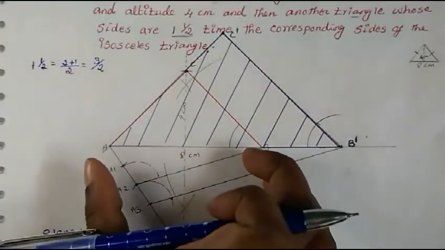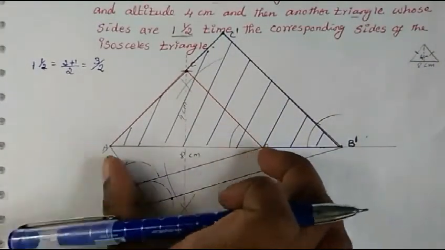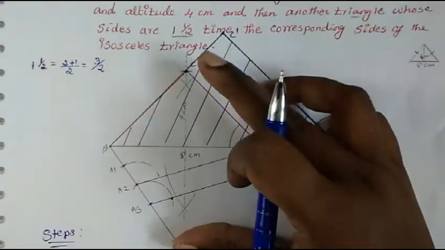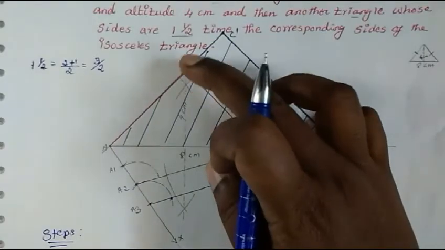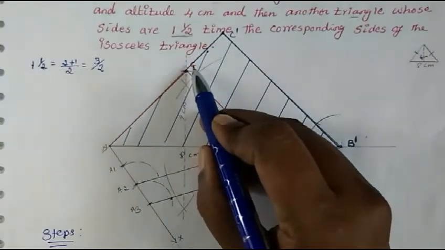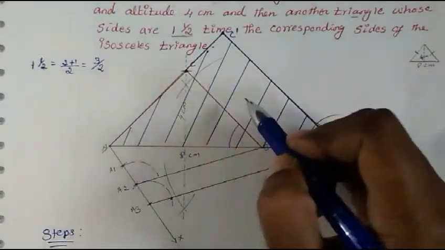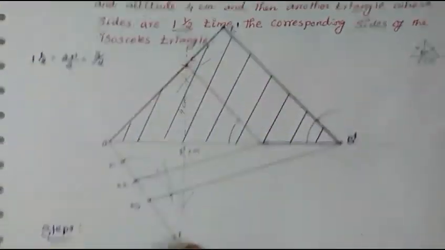So what you have to do is, first we draw the line segment AB, and then we draw the perpendicular line, then we take 4 centimeters and cut the arc, then we point it as C, and then we join A with C and B with C. That only you have to write.